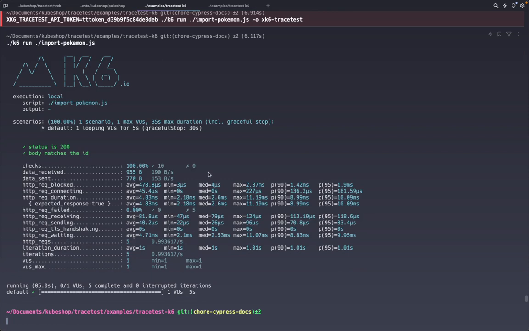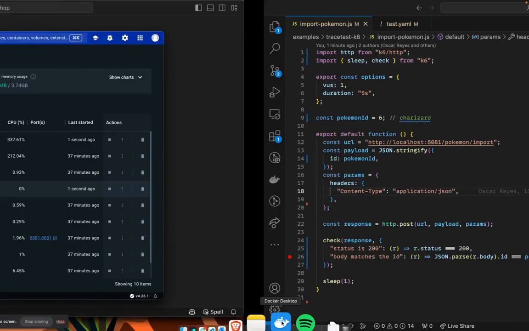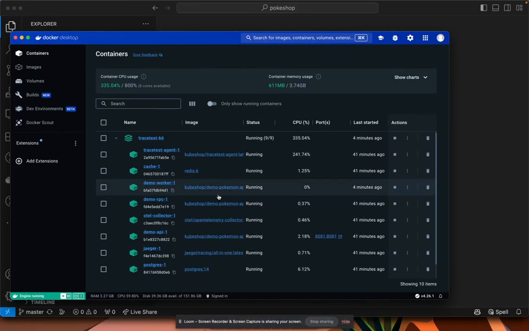So what happens if the worker just stops running? It dies, there's a problem, there's a connectivity issue, something like that. And we want to validate that the whole process is working correctly. So if we go back and I go to the Docker app, and then I stop the worker,